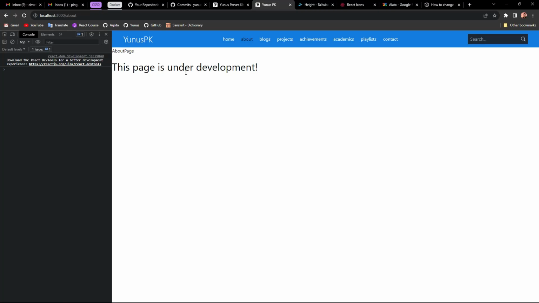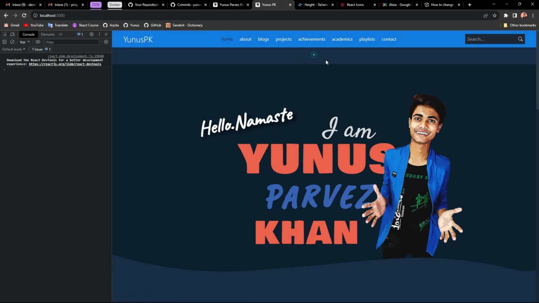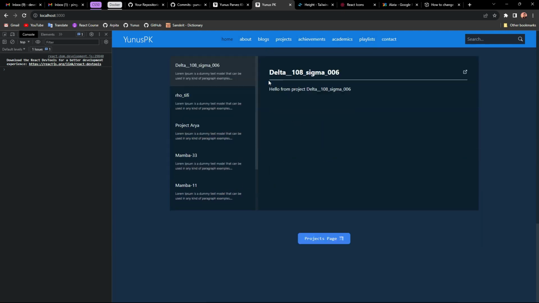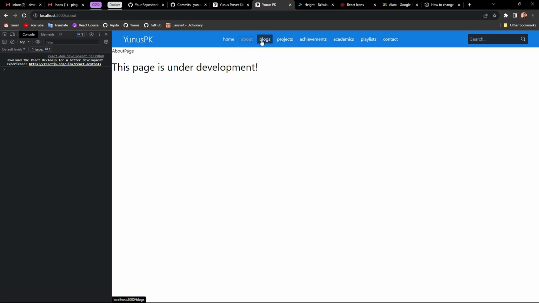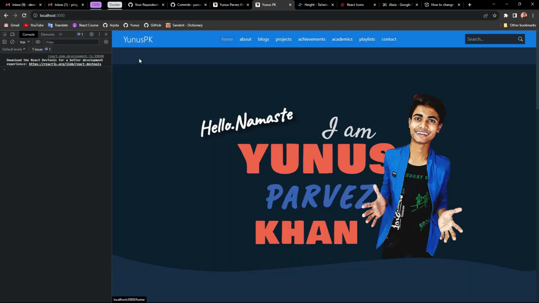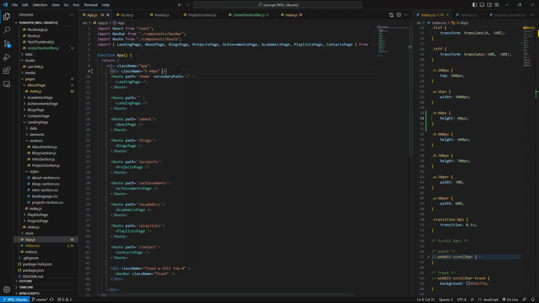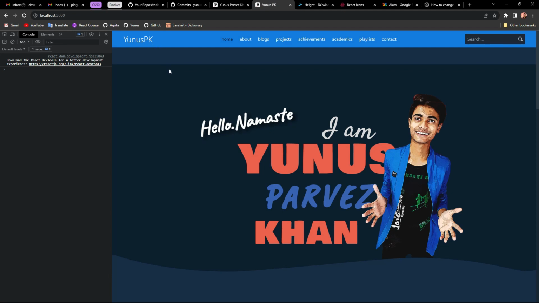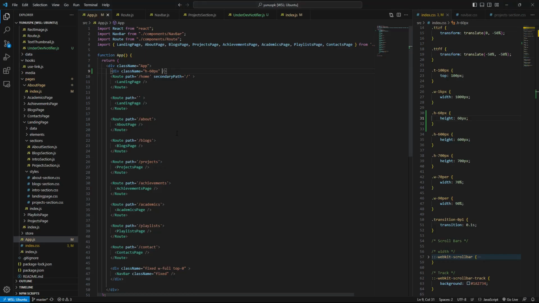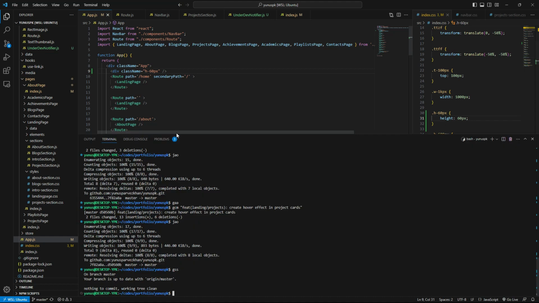Okay, now there's a problem. In the home page you get this, because in the home page we specifically added margin from the top, or position from the top of 60 pixels to counter that problem, but that was only solving the problem for one page. But now we solved the problem for every page in one go. So we're gonna undo this thing. We can do that here, or we can do that in a fixing commit. So I'm gonna commit this first.